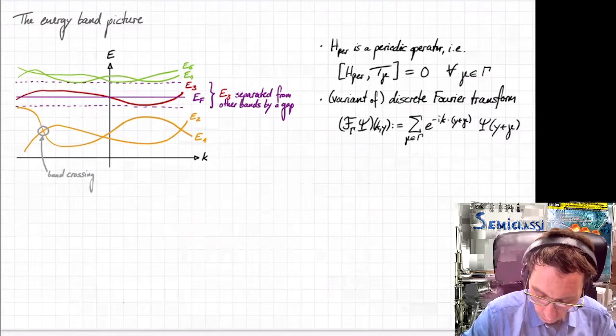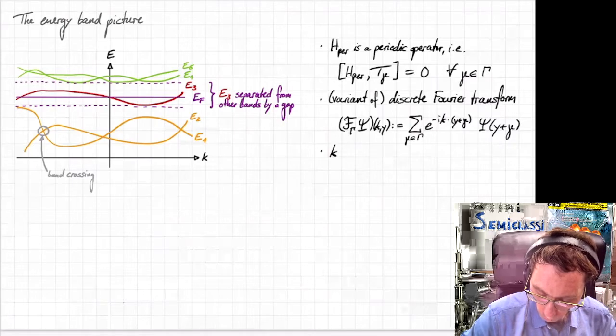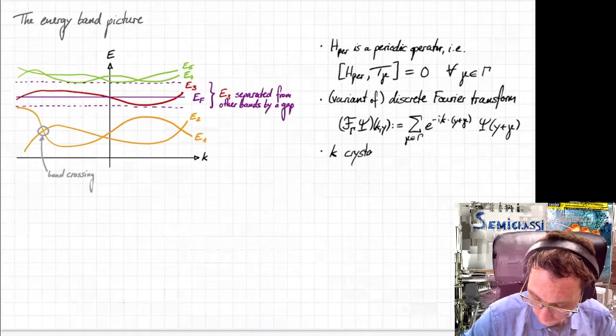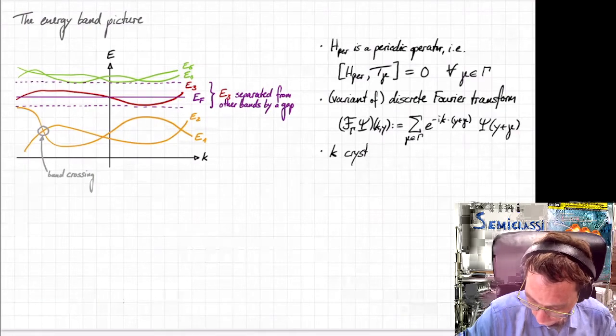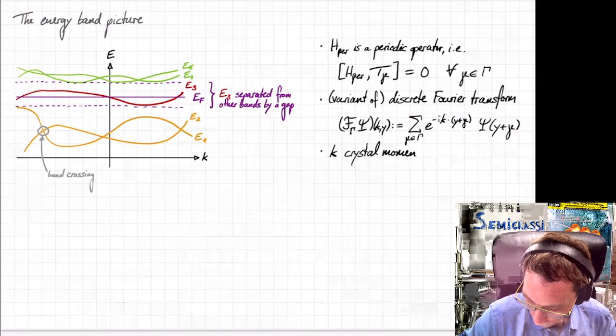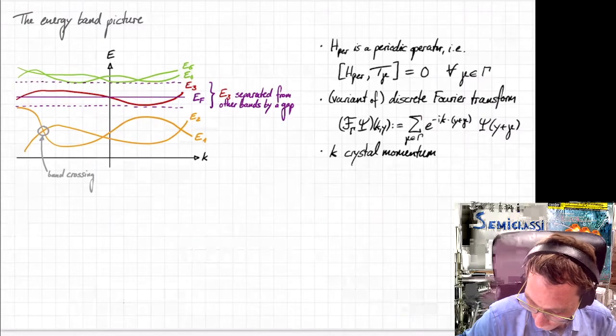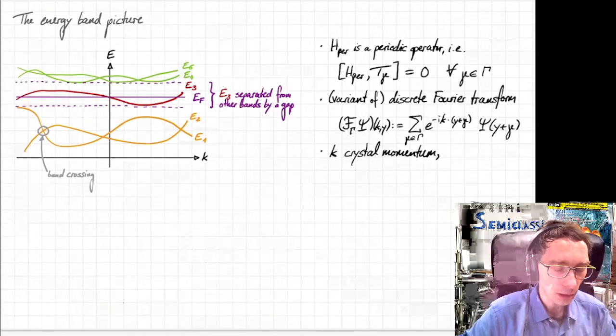So here k is crystal momentum or Bloch momentum, and essentially